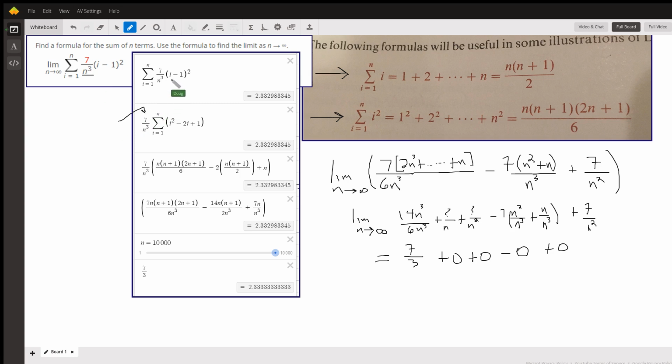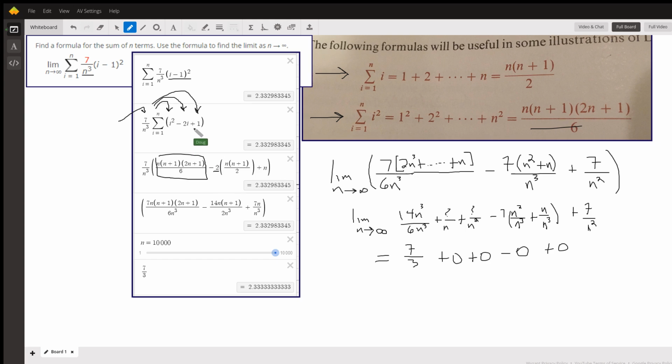And we can expand this binomial to i squared minus 2i plus 1. And then you can kind of think of distributing the summation notation over each term inside the parentheses. And then we'll have 7 over n cubed times the sum from i equals 1 to n of i squared. That's what this is right here, from this second formula right here. And we'll have the sum from i equals 1 to n of minus 2i, move the constant out front,